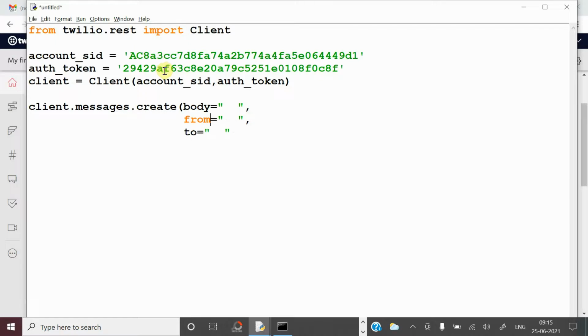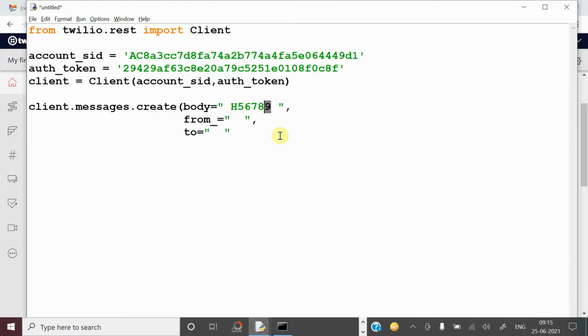Generally, from is a keyword which is used in importing modules. That's why from_ with an underscore should be used here, not plain from. Now, whatever message you want to give: suppose you keep hi, they will receive hi as the message on the mobile. If you keep some number, they will receive this number as the OTP.